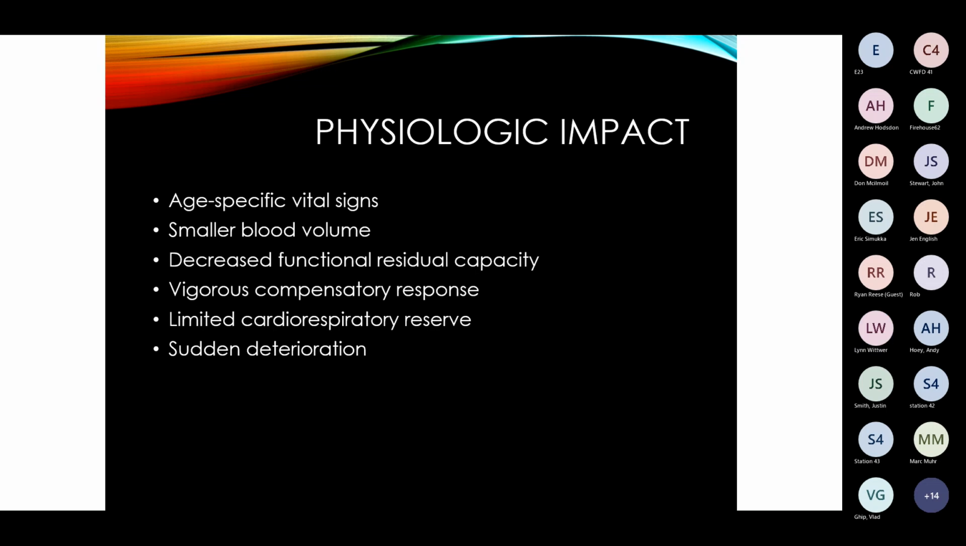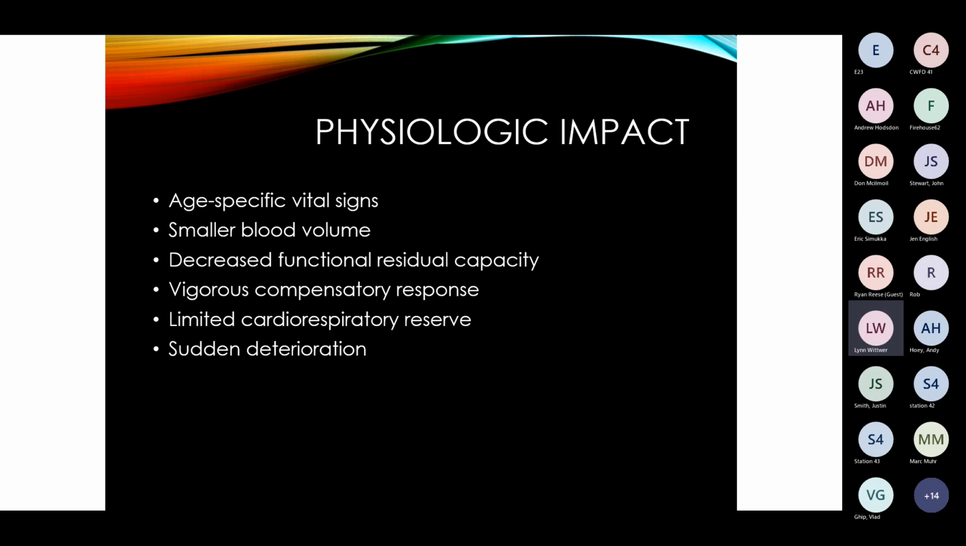Now, it's important that you review again the age-specific vital signs for children. But remember that children have a smaller blood volume. They also have a decreased functional residual capacity of the lung, but they have a vigorous compensatory response to the